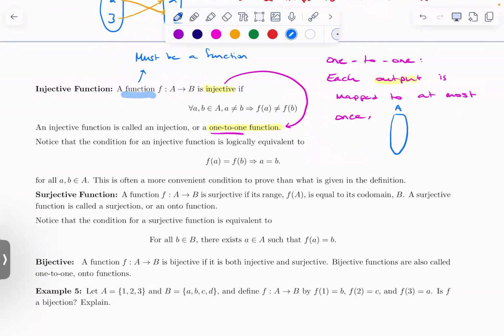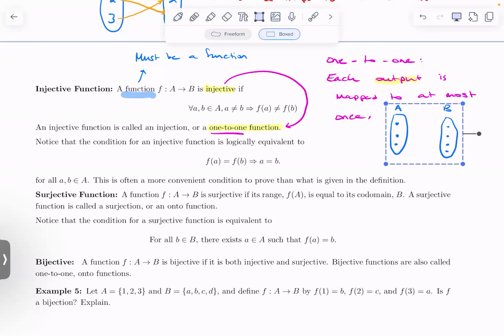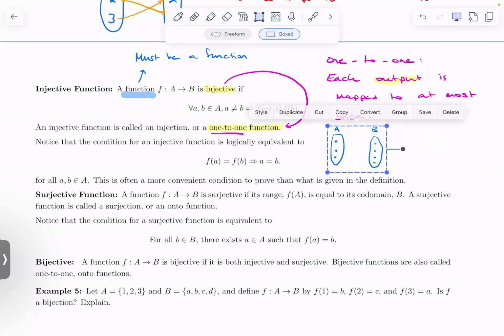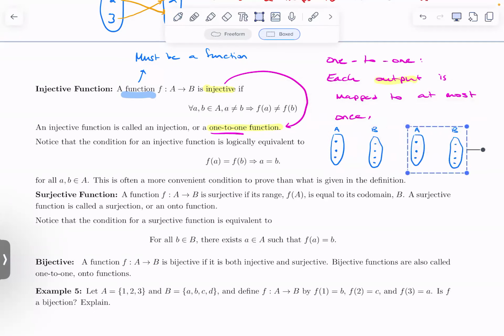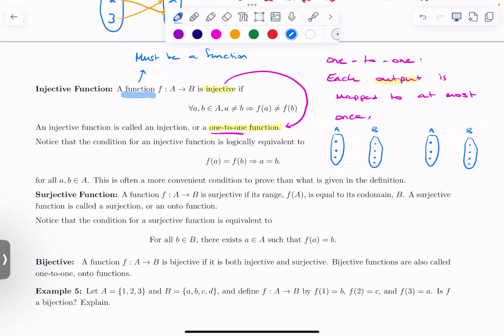If you have A and you've got 1, 2, 3, 4, just to illustrate that, you could have some missing. And I'm going to copy and paste this to show you the two. So one-to-one, they don't have to go straight across, but it's cleaner looking, right? And so this is one-to-one